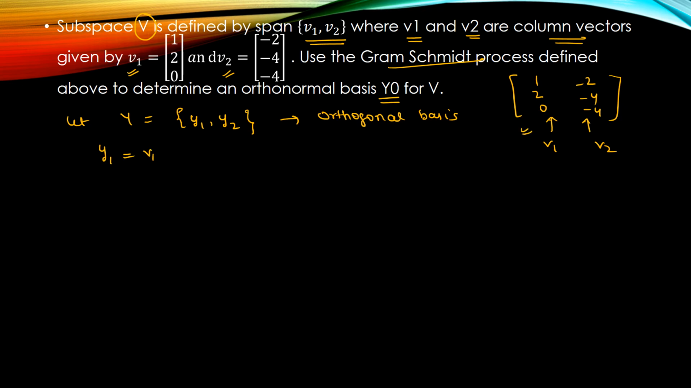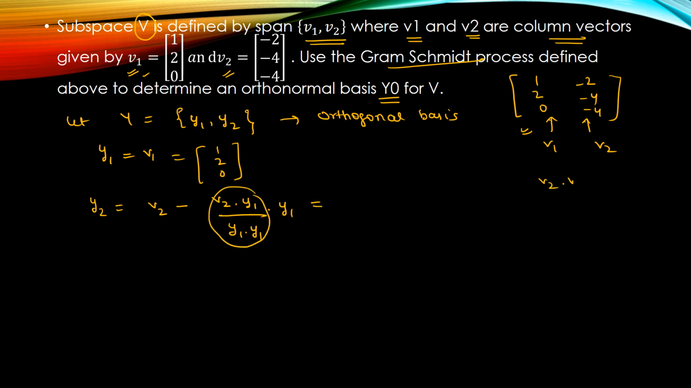y1 is equal to v1 only, that means (1, 2, 0), which is given to us. Then what is y2? The formula is v2 minus the dot product of v2 with y1, divided by y1 dot y1, times y1. So let's solve this separately. v2 dot y1 is what? v2 is (-2, -4, -4), and y1 is